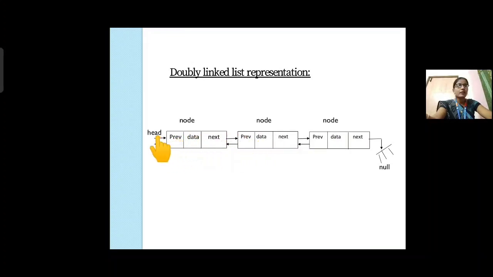Arrow marks are the forward and backward directions. Two links are used: one in the forward direction and another in the backward direction. In the forward direction, the ending point is at the back, and in the backward direction the ending point is at the front. That is null. The starting point is head. This is the doubly linked list representation.